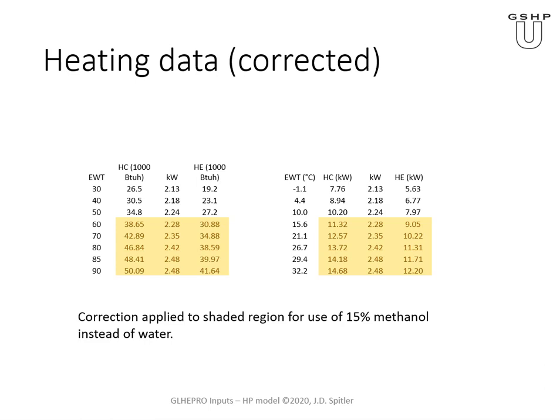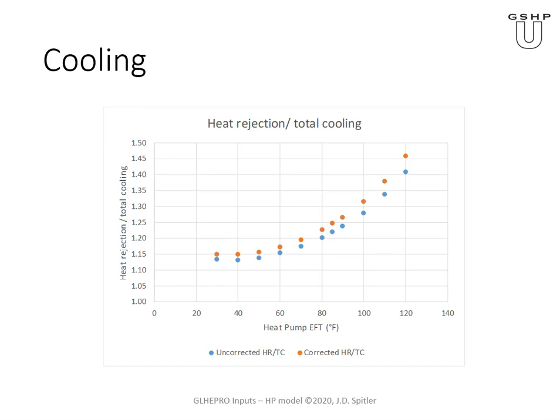Okay, now we're interested primarily in predicting heat rejection rate and heat extraction rate. So I've plotted that ratio, right? The blue here is the uncorrected, and the orange is the corrected. And you see there's a slight difference. And by the way, this heat pump has quite an extended range. This is extremely high temperatures